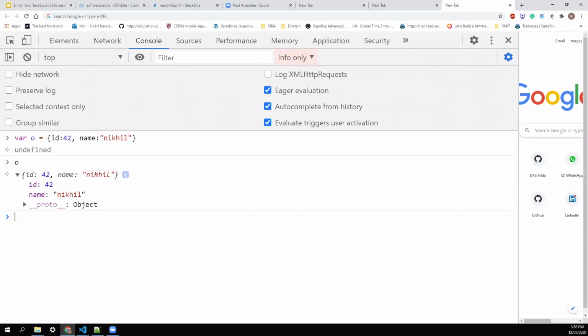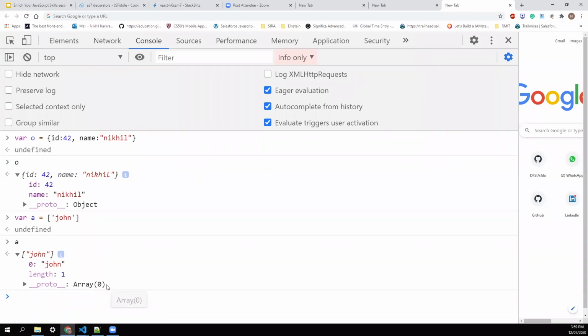Similarly, now let's see how an array is an object. I create an array and print it, and you'll see the array also has a prototype.